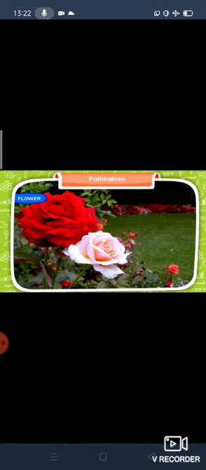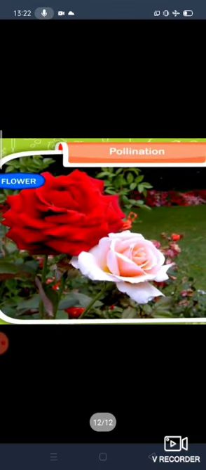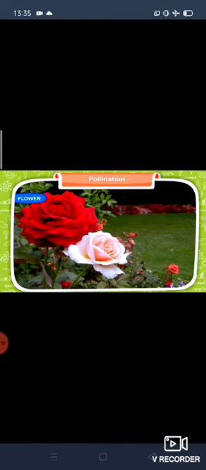Flowers have a sweet fragrance that attracts insects, children. We already felt about it. I am telling about my childhood. When I was a child, I was picking some flowers in our school garden, and I was smelling its fragrance, means its scent, how it smells. Sometimes I was tasting it also, and it tastes slightly sweet, children.